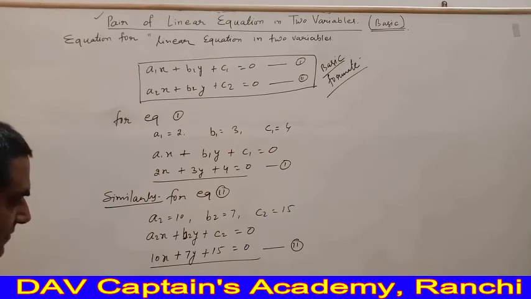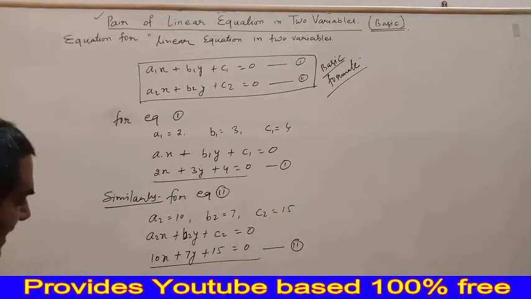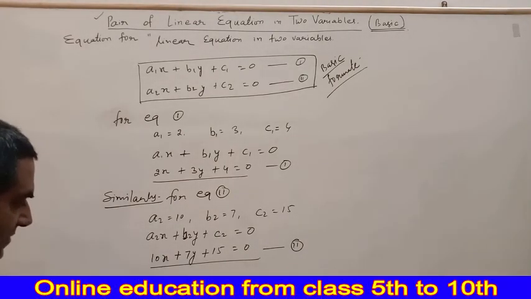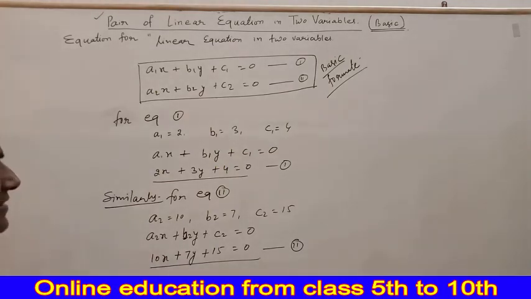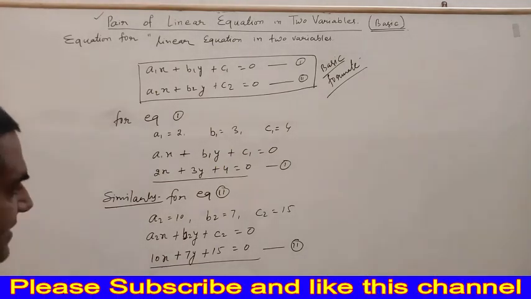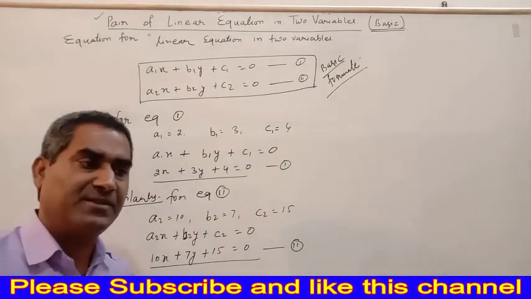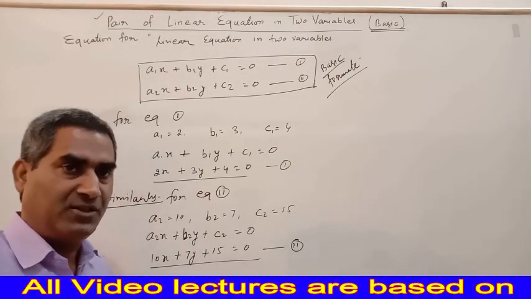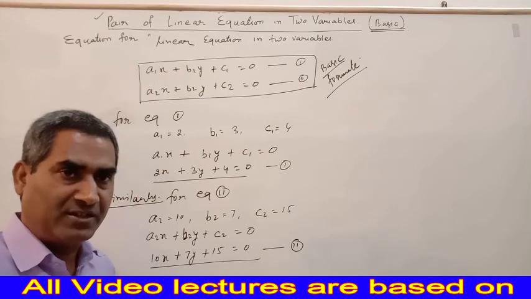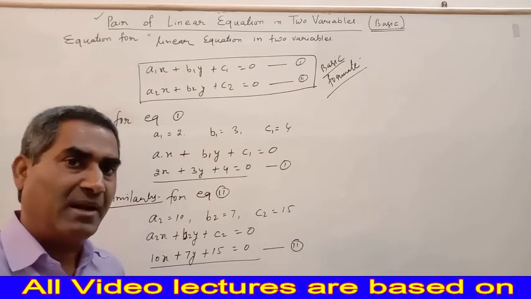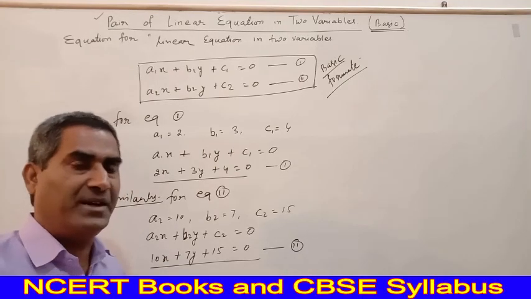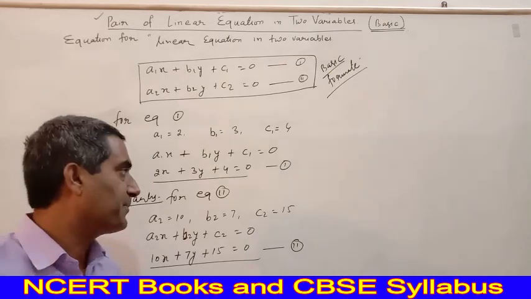So, in the next section, we will try to draw the graph of this. Before this, we will also try the different conditions of graphs. So now you continue with us, and you must see our next lecture on simultaneous linear equation or pair of linear equation in two variables.